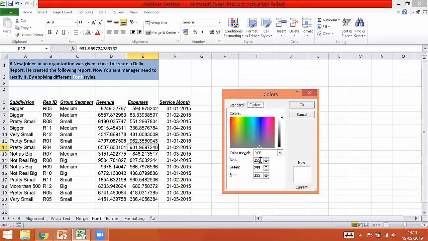When we are talking about 255, all these 255 actually becomes white. And if I give a 0 to all these colors, it is going to become black. Okay, so this is how you can change one particular color.